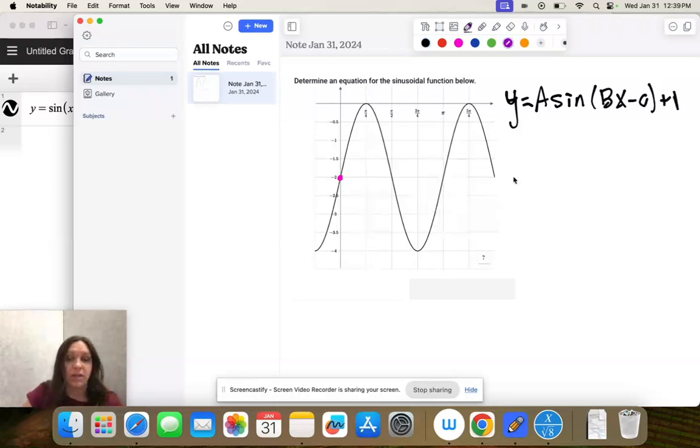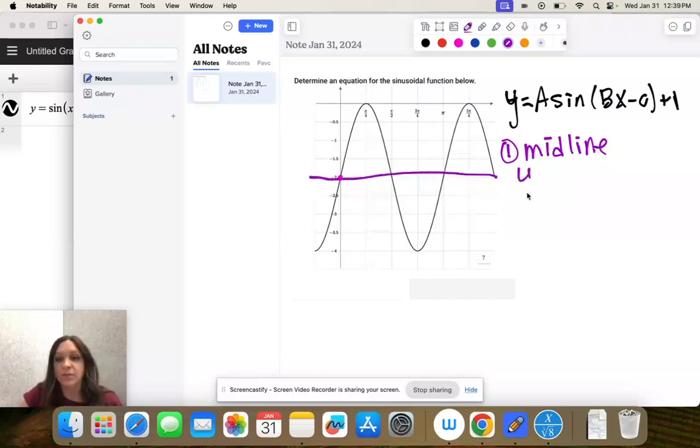And we're going to go through each step. So very first thing, I want you to find the midline of the graph. So think of, on this one, it's y equals -2. Because you get the same distance, oops, that should be 2, above the midline. So that's 1, 2. As you do below, that's 1, 2. So my answer for that's the midline, and that's D. So y equals -2,